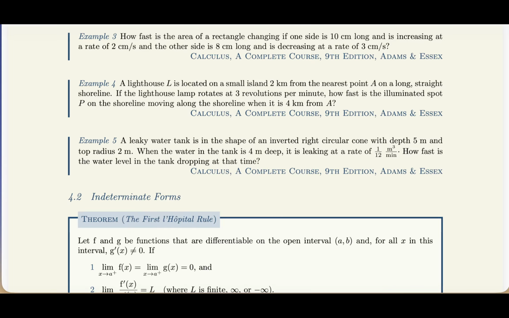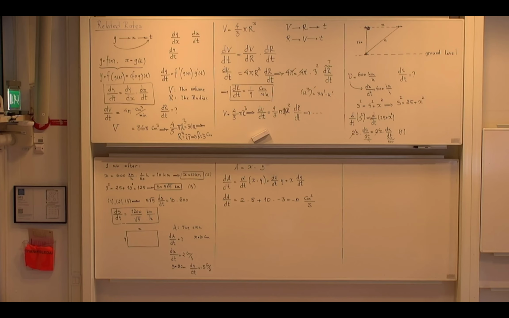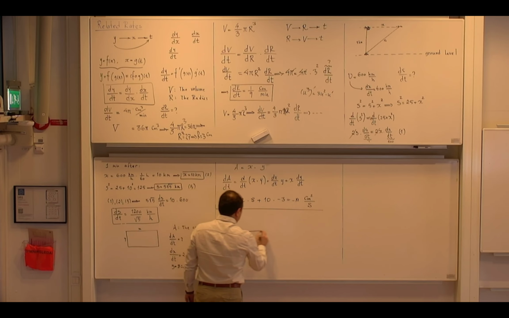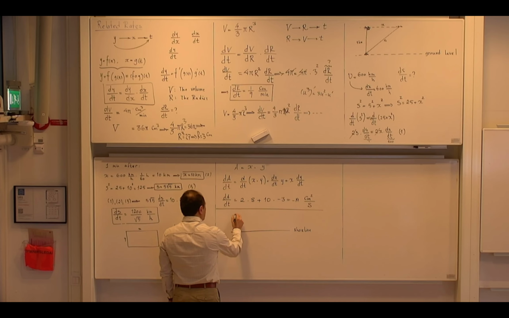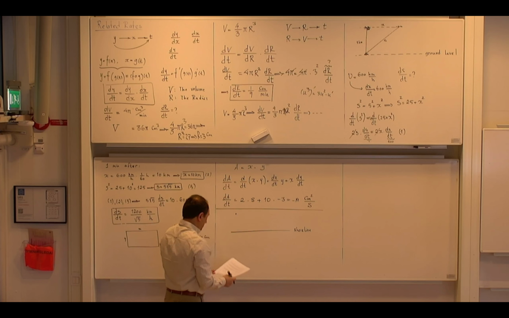Yes? Usually it's good to read the problem 2 times, okay? So you can read it yourself now and try to draw some kind of picture for yourself, yes? So I don't know, for example, let us say that this is the shoreline, and then I have a light bulb here. What is given to me,